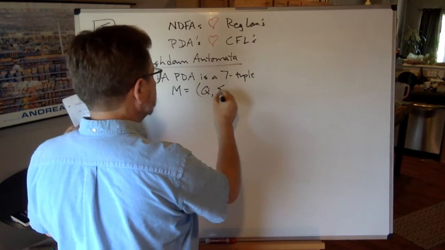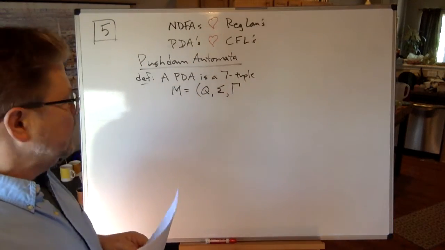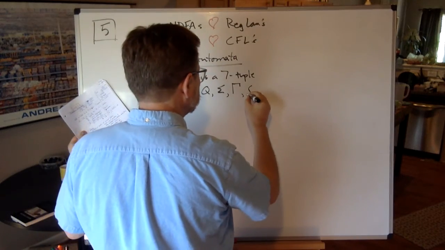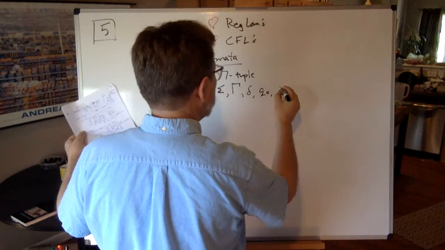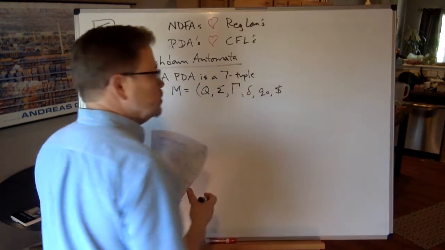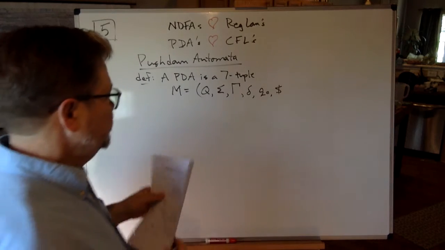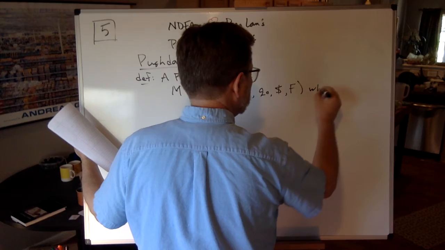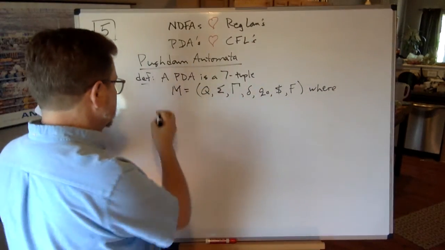Capital Q, capital sigma, capital gamma. G for gallows. Looks like the hangman thing, doesn't it? That's a capital gamma, little delta, Q0, dollar sign. Dollar sign is what's missing from Sipser. I'll try to remember that when I actually get to that piece, which will be a while from now, as you can tell. And capital F, where all these pieces mean all these things.